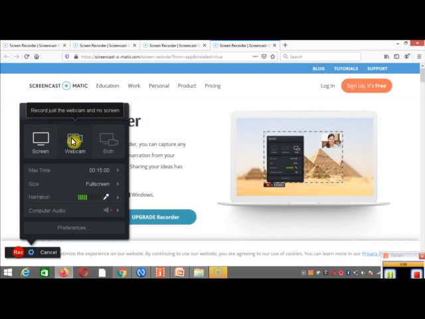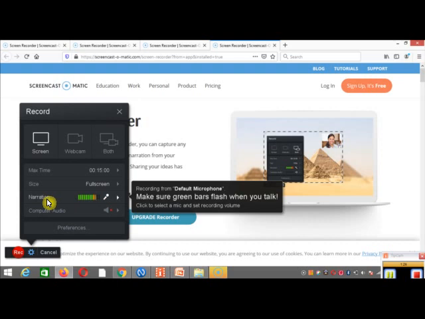If you want only webcam and no screen, then you have to click on this second option. And if you want both, that means your screen will also appear along with your photograph or along with webcam, then you have to click on third option. First, as a practice, we will just record our screen.